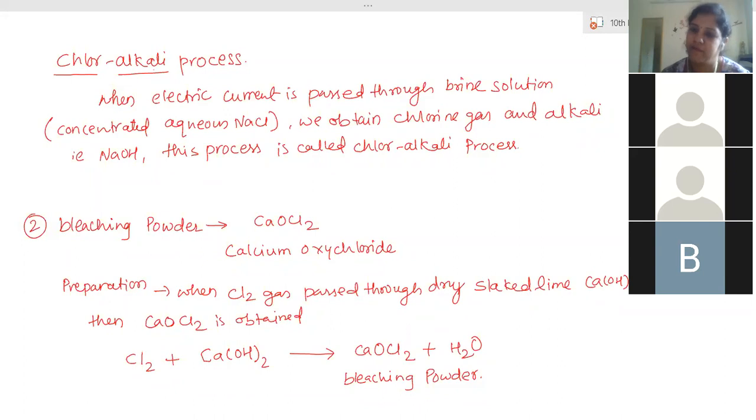Why? To remove the colors. Bleaching means removing colors. Decolorizing the clothes is called bleaching. So decolorization means any colors are removed by reaction with chlorine. Chlorine's main function is to react whenever it comes in contact with any clothes or colored pigments. A pigment is what imparts the color to the clothes.